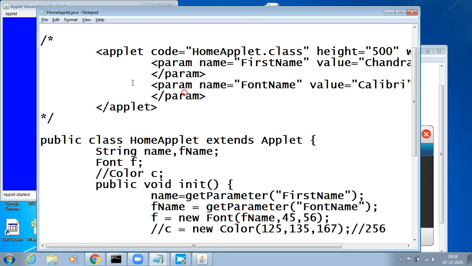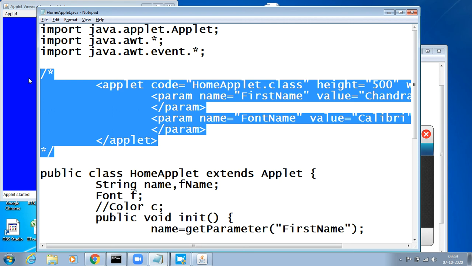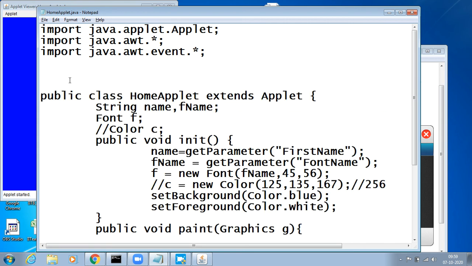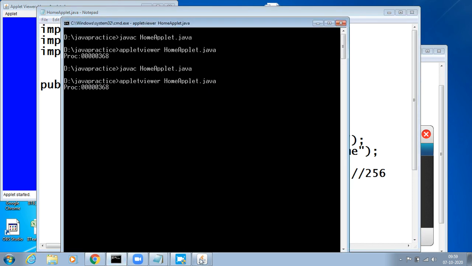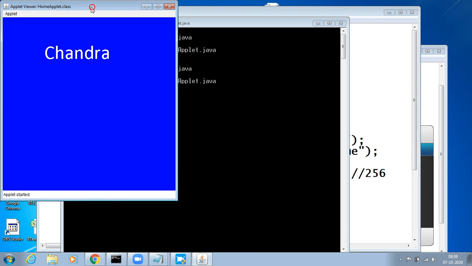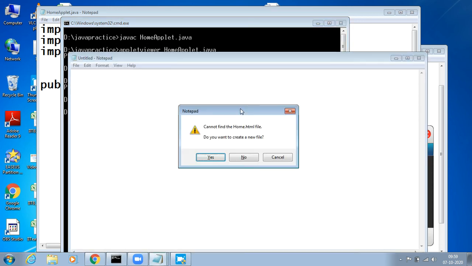This is what happens. Generally, this code can even be written separately, not in this. I can remove this code. This is one way of writing. See, observe properly. Now I am removing this code. I removed it completely, and I can even write this code in a separate file. We call the separate file an HTML file. What file? HTML. How to create that? Say notepad, I say home.html. Generally, this is the best way.